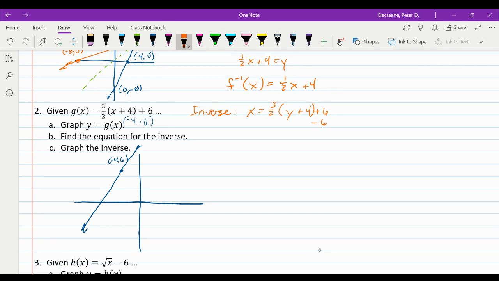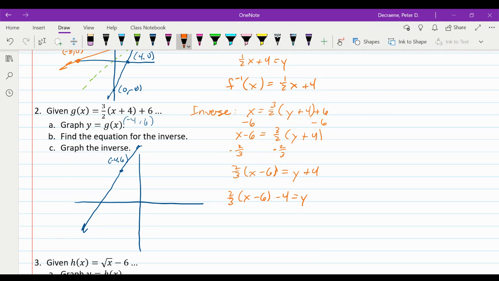Subtract 6 from both sides. So x minus 6 equals 3/2 times (y plus 4). You could multiply all that out if you want, or I can just divide by 3/2. Remember, dividing by 3/2 is the same as multiplying by 2/3. So I got 2/3 times (x minus 6) equals y plus 4, and then I subtract 4 from both sides,